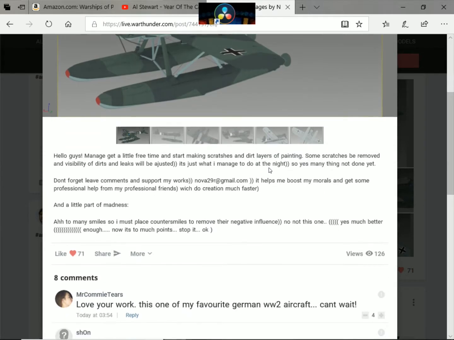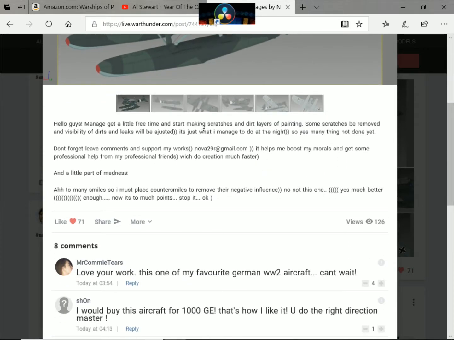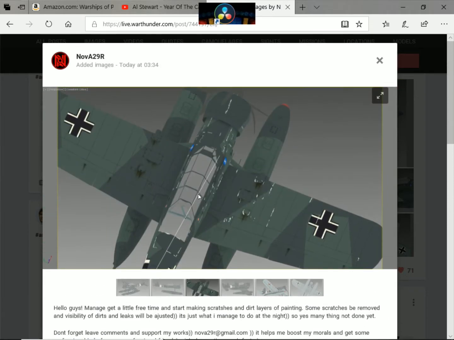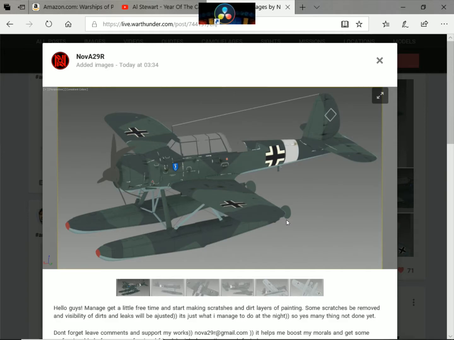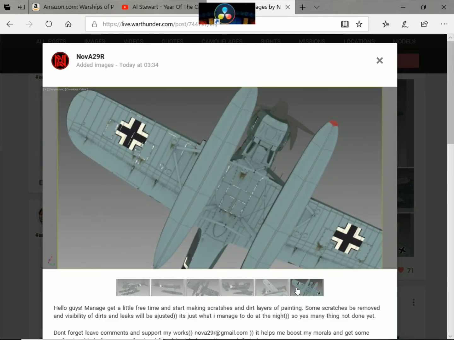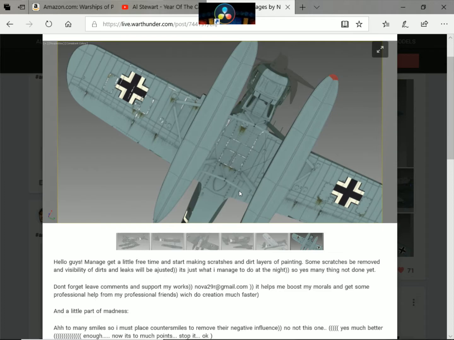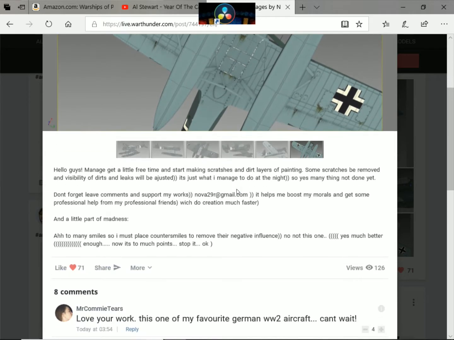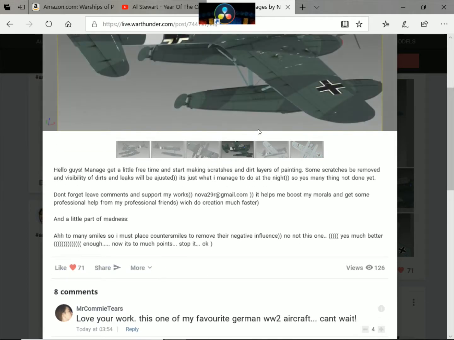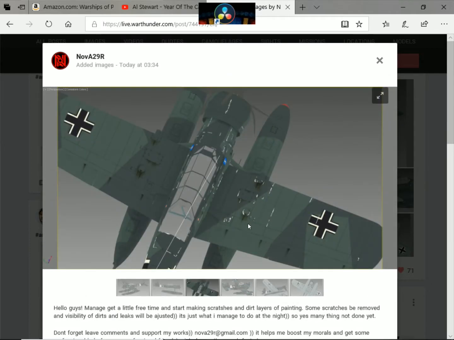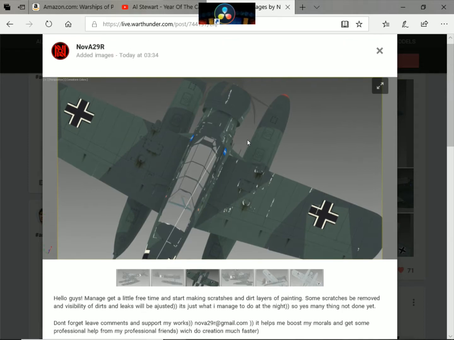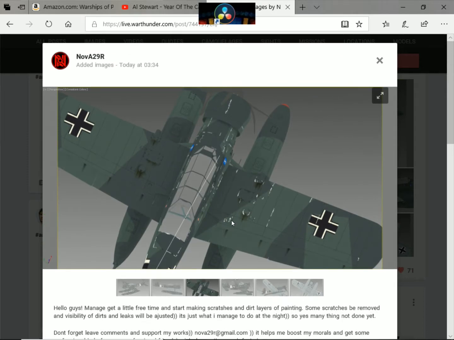196. This, God, my brain's messing me up. This is his German float plane, and it is a Narada 196. And there was a few different models, but he's done such an excellent job modeling this aircraft and texturing it, and now he's putting in dirt. He's putting in these, like you can see this, the fuel. They call them like residual leaks, and then you get dirt, and then you get scratches, and you get scuffs